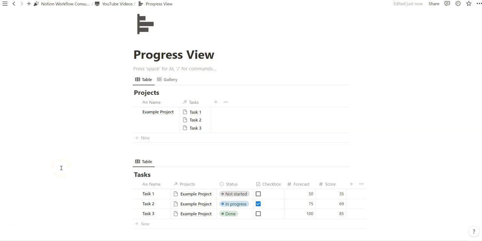Alrighty, in this video we are going to be creating a progress view based on a certain set of criteria and a series of formulaic outputs using Notion Formulas 2.0. I have these two basic databases, tasks and projects, where tasks are related inside projects and tasks have a status, a checkbox, a forecast number, and a score number. And I just have some arbitrary statuses, forecasts, scores, and checkboxes in this example so that we can get started